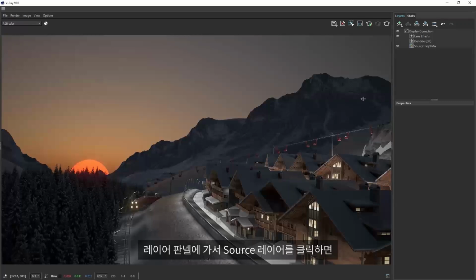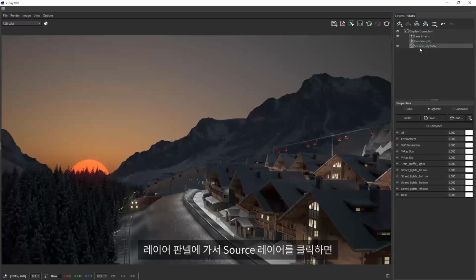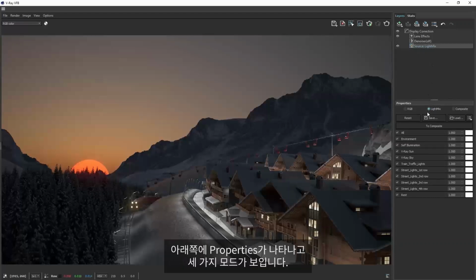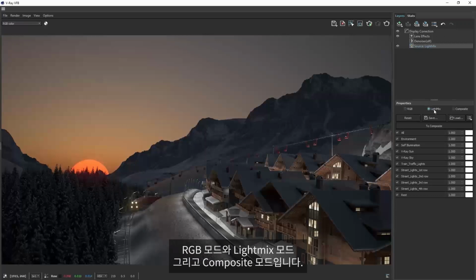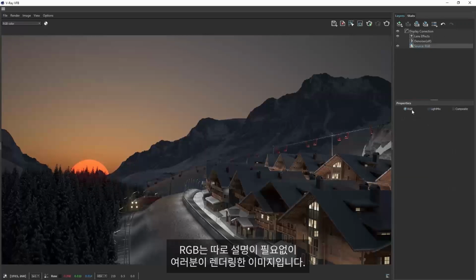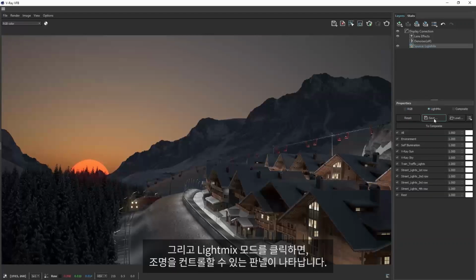So if you go over into the layer panel here and click on the source layer, you'll see that down below we have properties for 3 different modes. So we have an RGB mode, we have a light mix mode, and a composite mode. So RGB, pretty self-explanatory, it's just your rendered image. And then if you click on the light mix mode here, this will give you the panel for controlling the